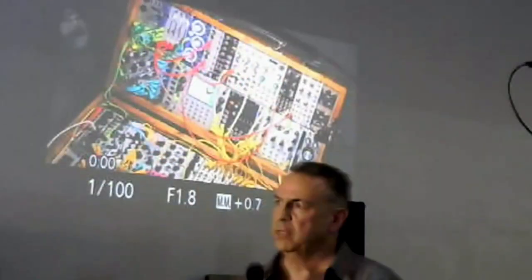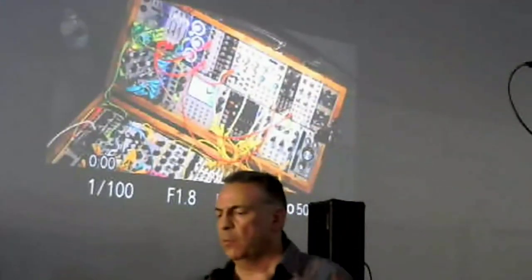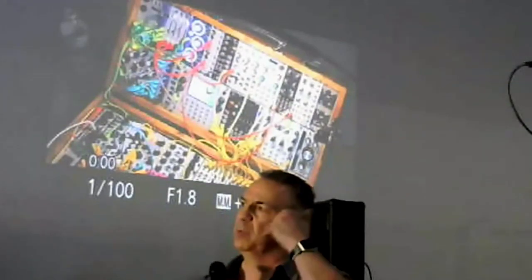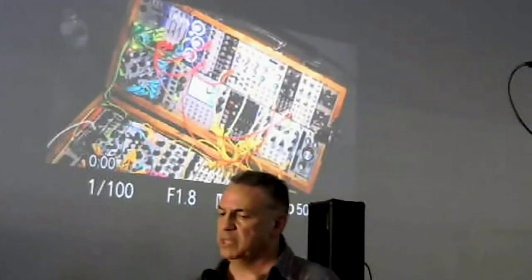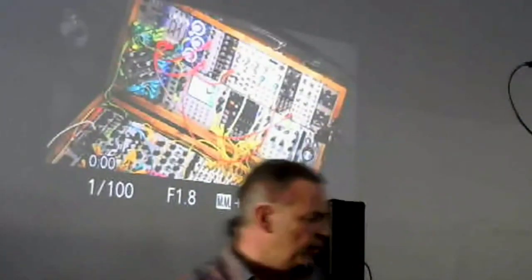But I've gotten into using other modules to modify those patterns even further. Like I'm really into what are called probability skippers, like a Mutable Instruments Branches or a Ladik probability skipper, that says, okay, we're going to drop out some of your triggers. Decide how many you want going in here, but we're going to drop some of those out. So if I start with a simple hi-hat pattern,